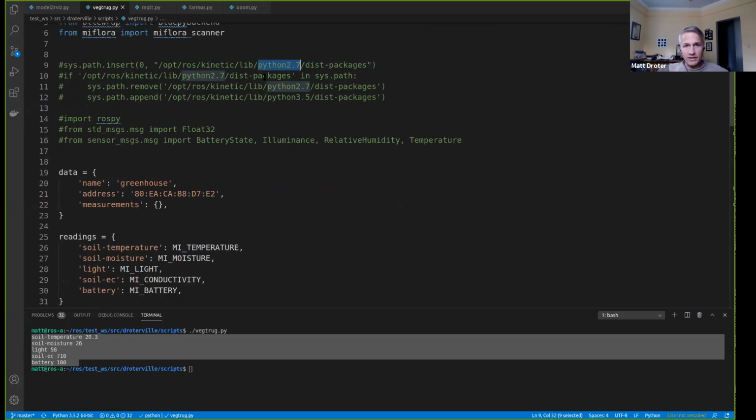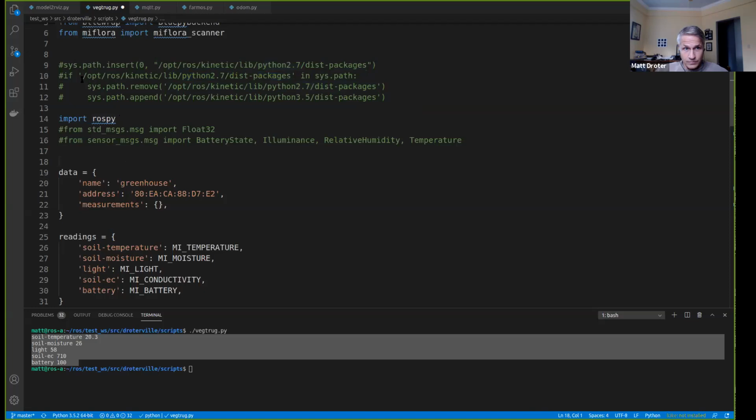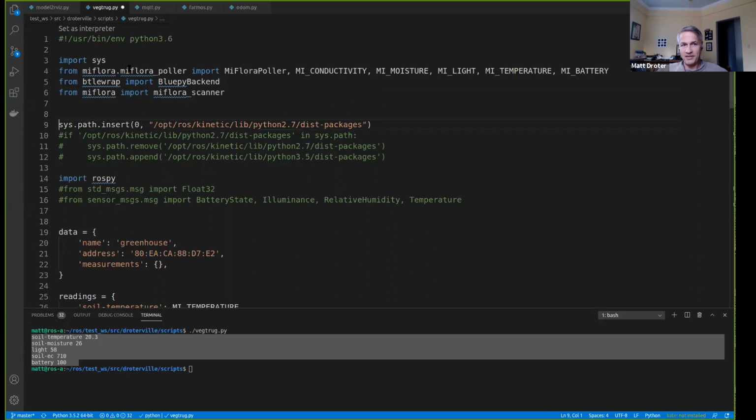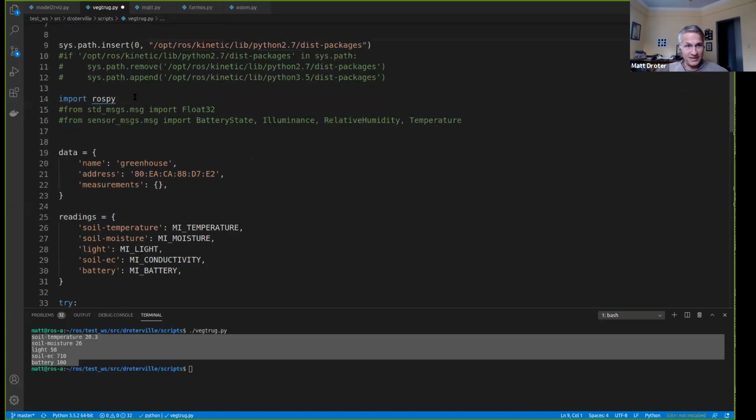But I don't know how to change the Python version before I try to import this library. I've tried to insert it, you know what I mean? So I load Python 3.6, it loads these, then I tried to reinsert this at position 0 and then load it,